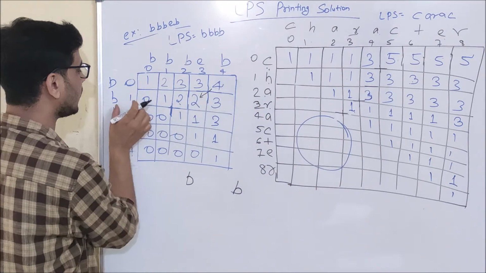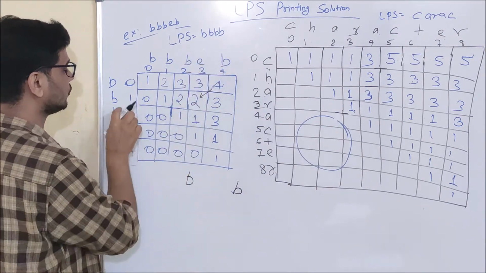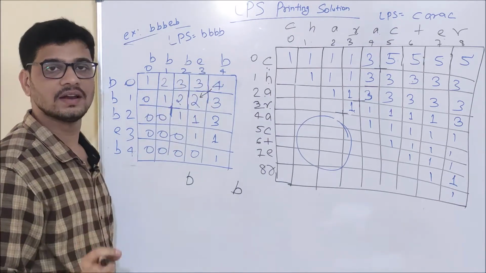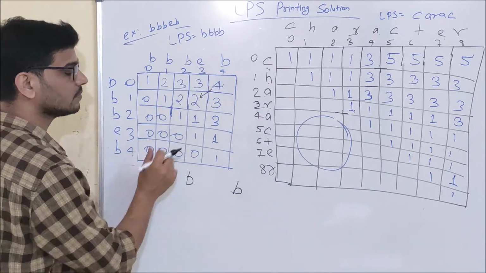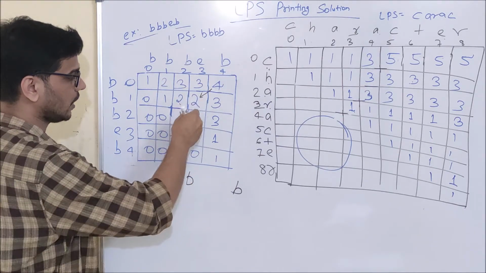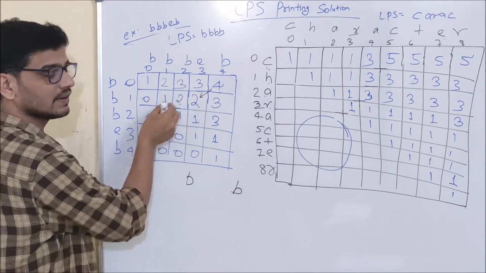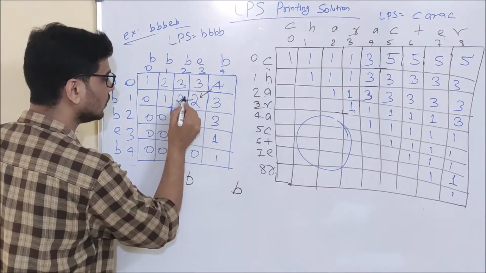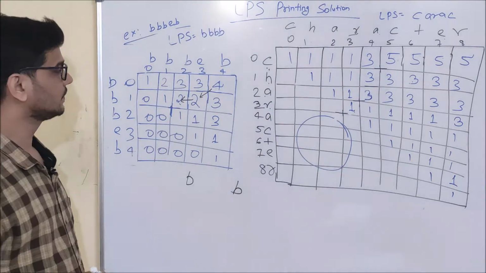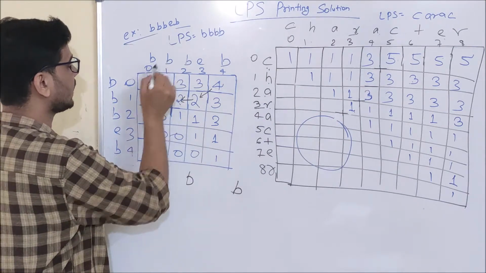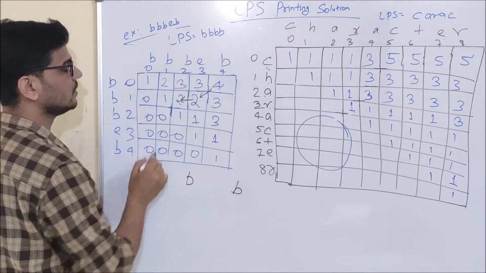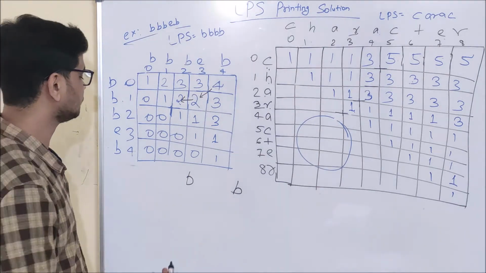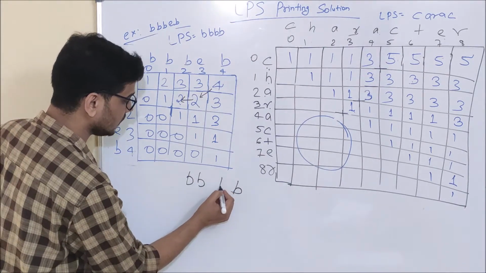If you don't know how this is working, then please watch my bottom up videos. Now again I will compare the characters, and as you can see, the character here is B and here is E. So my characters are not equal. That means my answer will be coming from either down or left. And what is the max here? The max value is at left. So I will move to left. Correct? Then again I will match the characters. The character here is B and here is also B. That means these two are going to be in our answer. So I will again print B and B.